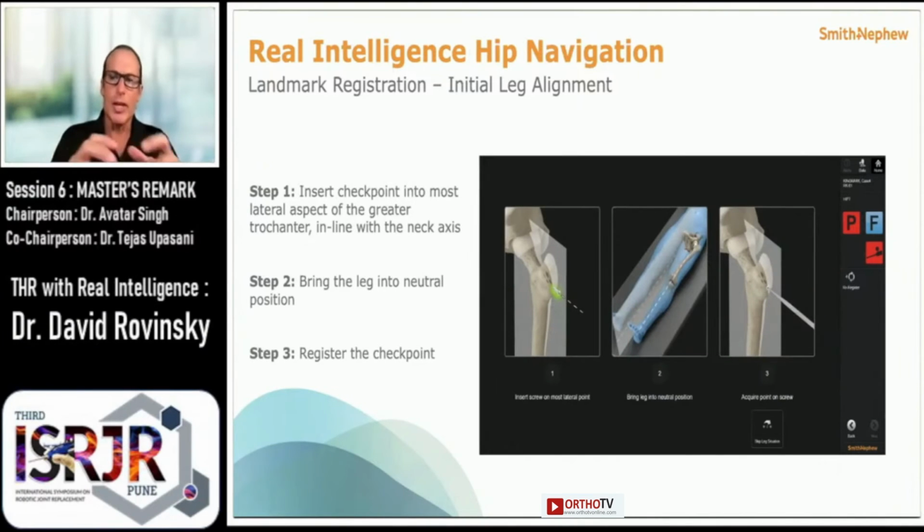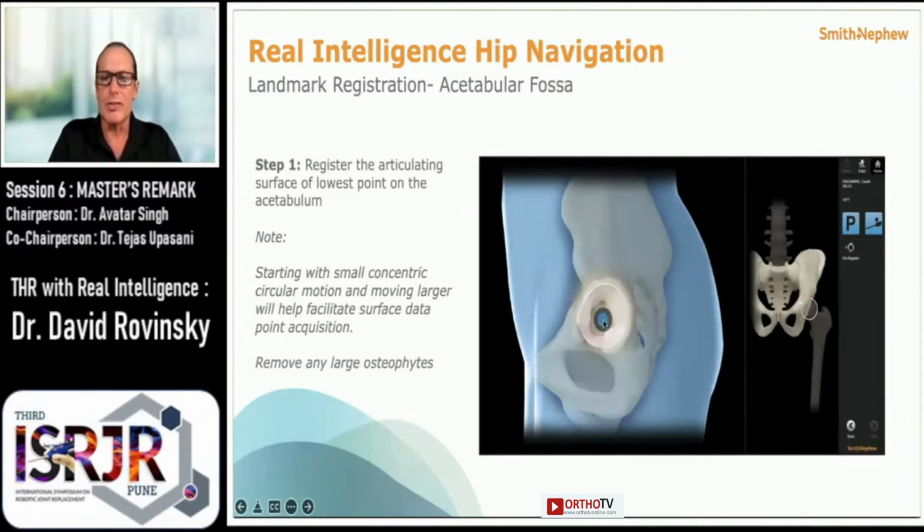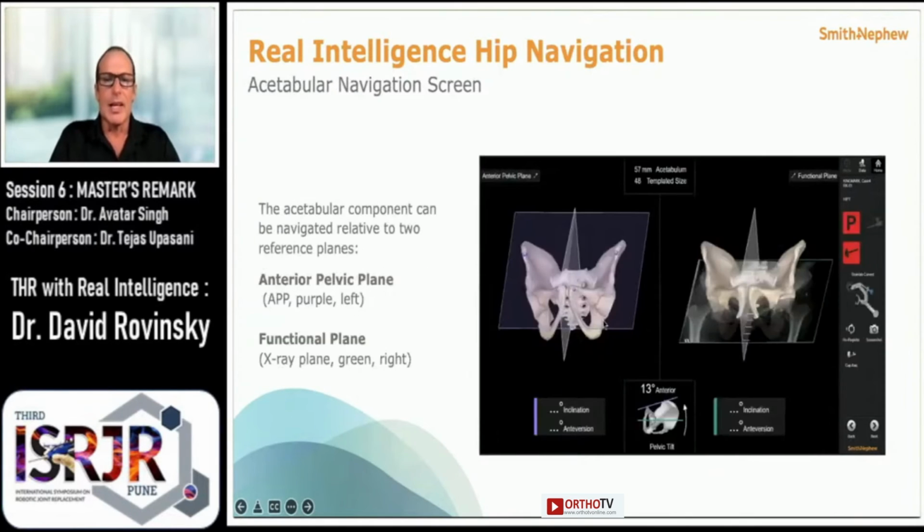So then after we put our hip in with our trials or our final components, we can measure the change in position of this checkpoint to determine change in leg length and offset. After we do our femoral neck osteotomy, we can map the rim of the acetabulum. We also map the central fossa of the acetabulum. Now we've defined the anterior pelvic plane, and you can navigate relative to the anterior pelvic plane or relative to